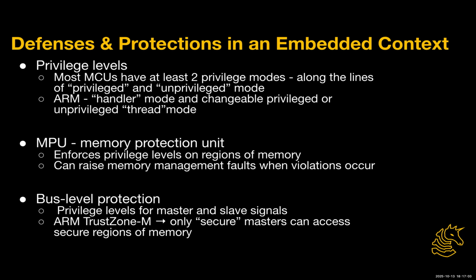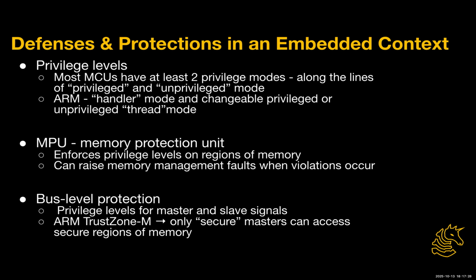A lot of MCUs have privilege levels. The most commonly known one is ARM. Most MCUs have two privilege modes, generally one privileged mode and one unprivileged mode. ARM has a handler mode and a thread mode that you can change to either privileged or unprivileged. And that is one form of memory protection, because most MCUs also hopefully have an MPU, a memory protection unit,